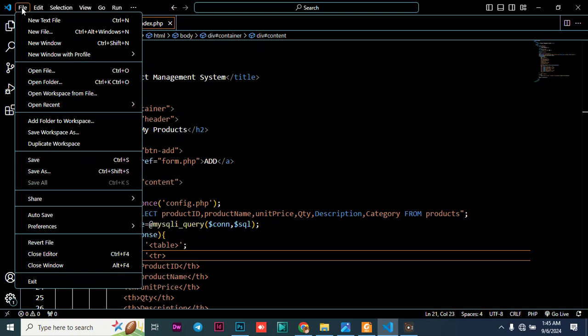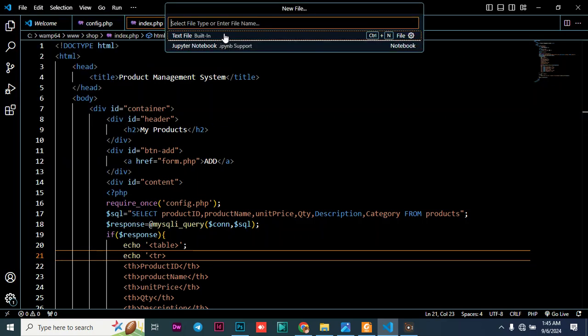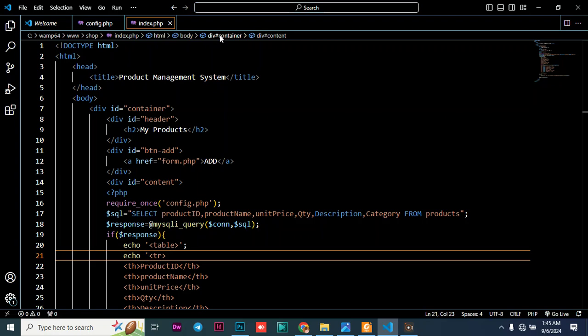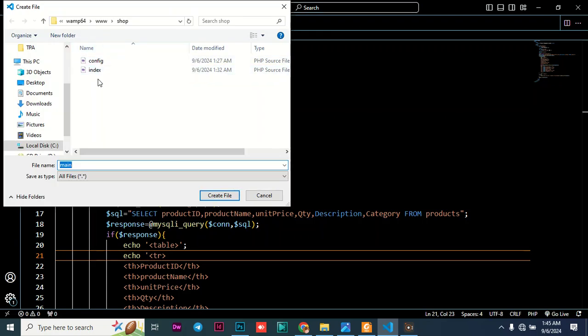So I'm going to create the first file. I'm going to click on File and then New. And here I'm going to type the first file to be main.css. So that's our main file, main CSS. And then it will ask me where I'm supposed to store it. Now I want to store it here. In case I store it just here, it will just need me to have a dot and then a slash, because it's going to use what we call the current directory. But in this case I want to be